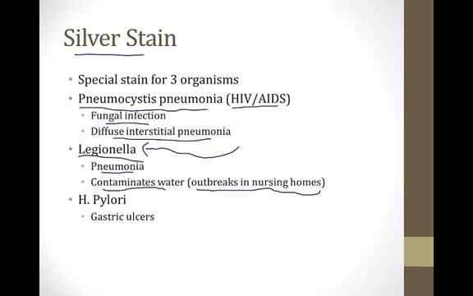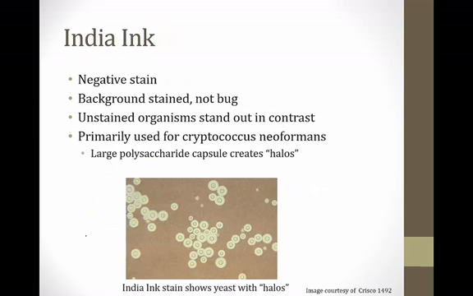And then the third example is H. pylori, which you may recall is the causative agent of gastric ulcers. So for a long time, people didn't think that gastric ulcers were caused by bacteria because nobody ever saw any bacteria under the microscope. And that's because H. pylori is hard to identify, but silver stains were one of the ways that were discovered that allowed people to visualize the bug. The last stain I'll mention is called India ink, and this is a stain that's not used